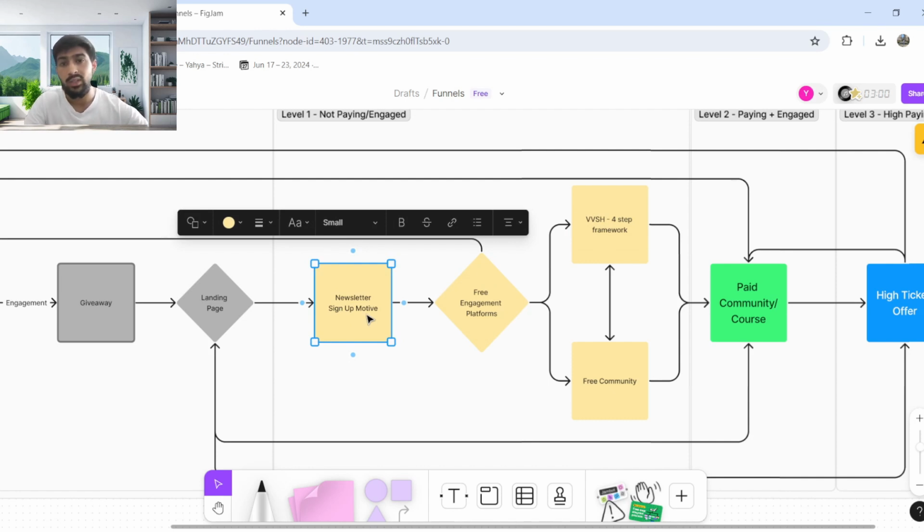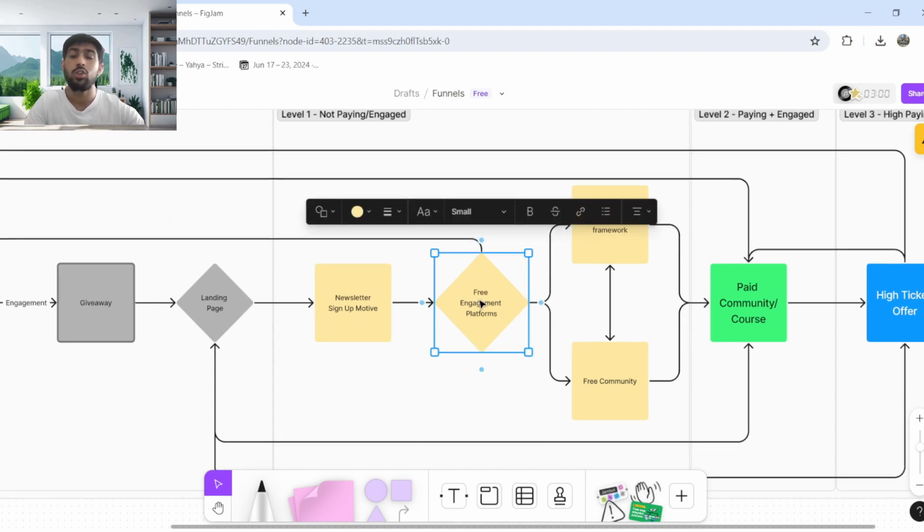Once they actually do this, they are now engaged with you. They are getting regular content personalized to them. This will be straight into their inbox, but they're not paying you anything just yet, right? So now we've got them to sign up to the newsletter and we've got them hooked onto a free engagement